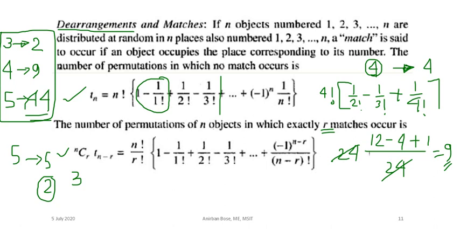into 1 minus... Now see, after 1 minus, these are the terms, so you have to go up to how many terms? n minus r, then you have to stop. n minus r is what? Suppose total 5, and out of which 2 exactly match, so 5 minus 2 is 3, so you have to go up to 3 factorial. Okay, so up to this much you have to calculate. So these are the basic formulas that will help you to solve problems related to permutation and combinations.